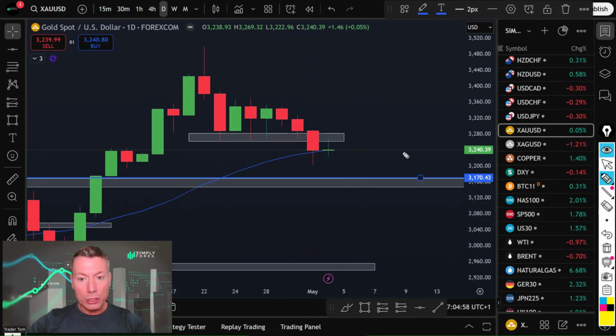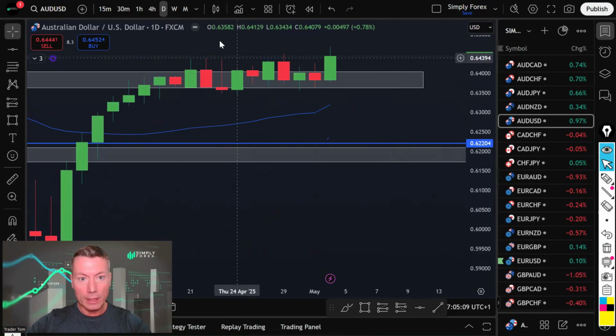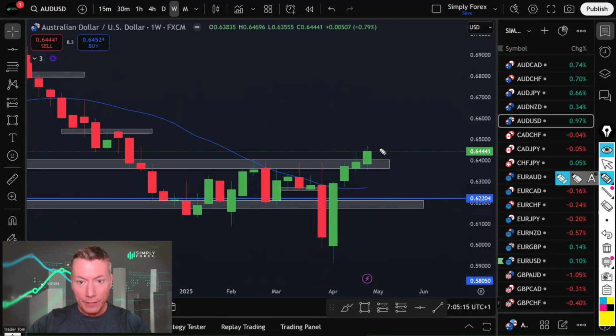So that's US dollar against the weak flight to safeties. Now, interestingly here, if I show you Aussie dollar US dollar, and we go to the weekly chart, we have had a weekly candle where the body of the candle broke that level and has therefore broken this level of resistance that was holding for forever. Now, Aussie dollar US dollar is the only pair that I would trade against the US dollar, but everything's telling me US dollar strength.